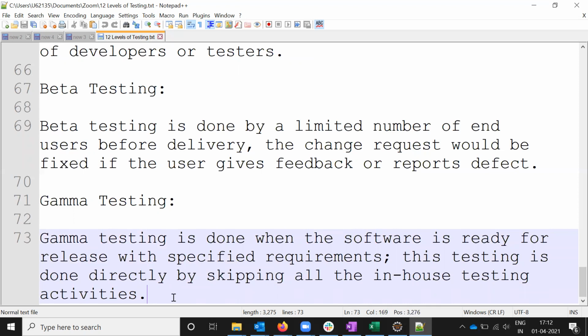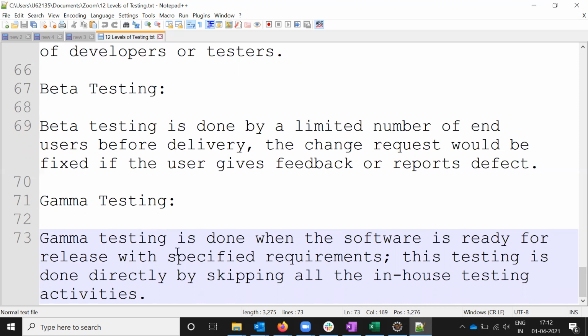After the software is complete and ready to release, we give it to some other person to test, like Windows software, right? That also they release for gamma testing purposes. Some users they give it to test and give feedback like that. That also we are able to do.